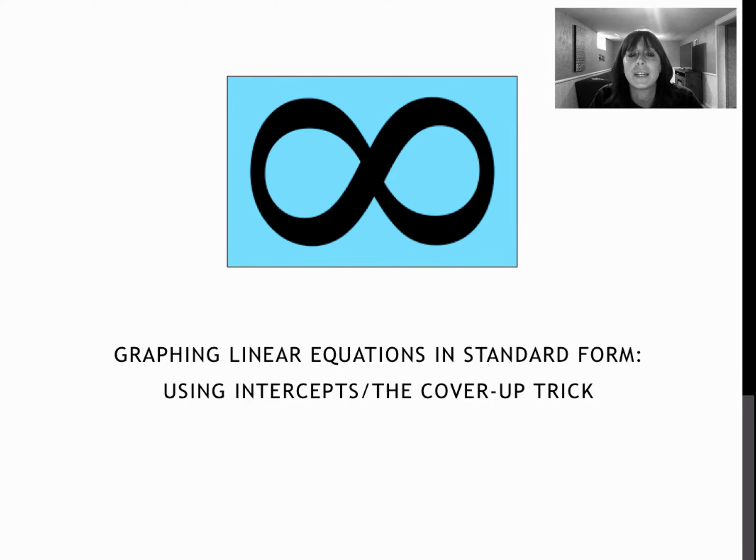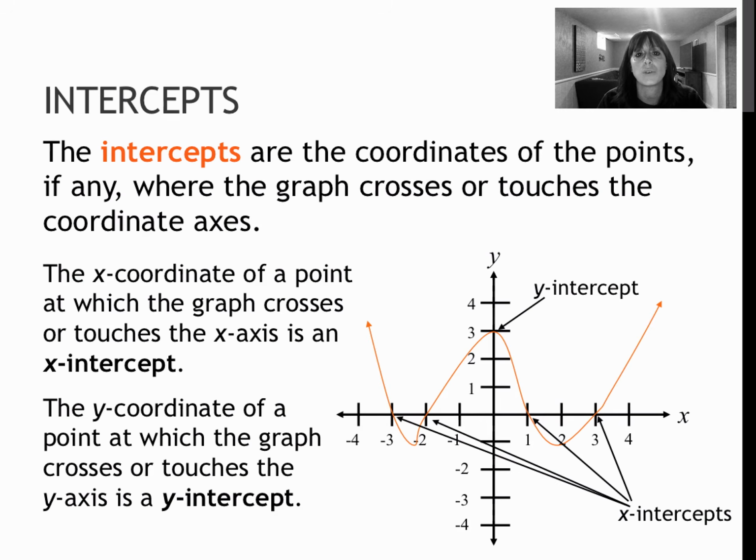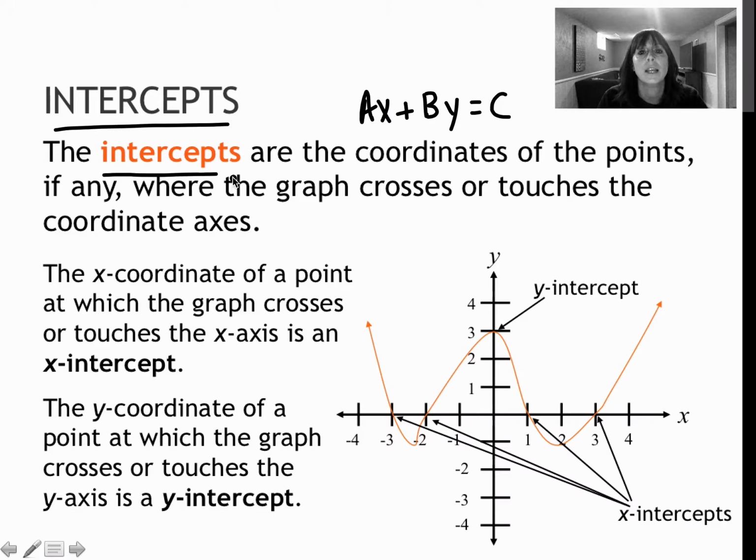We're going to graph some linear equations that are in standard form. So we've already talked about standard form being ax plus by equals c. When we graph these, we are going to use intercepts. An intercept is basically the coordinate of the point where our line would cross or just touch one of